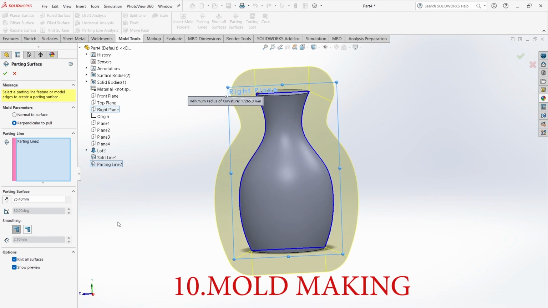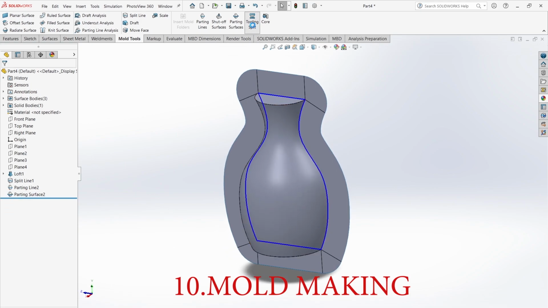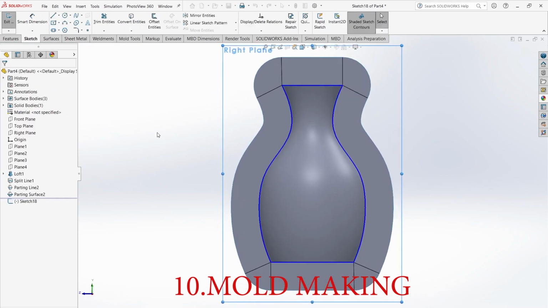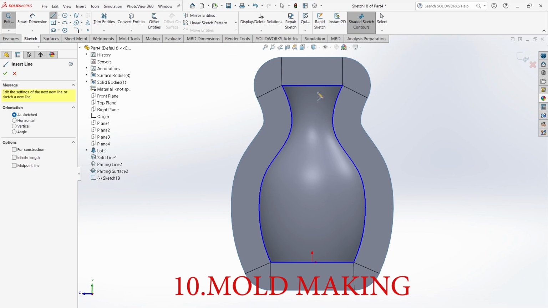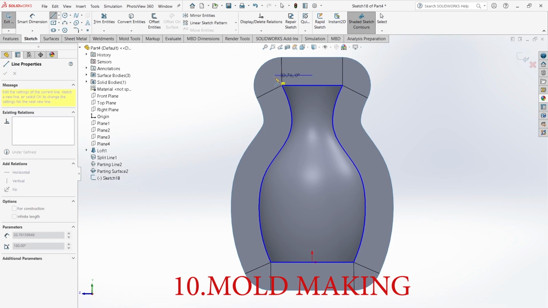So this much is our parting surface, perpendicular to the tool, right? So we have the parting surface now. Now we just have to make the tool split. Then I choose right plane. Now here I'll make a geometry of the mold. So I'll take from here a vertical line. Again here, this much line,